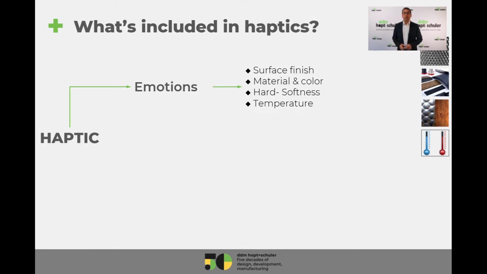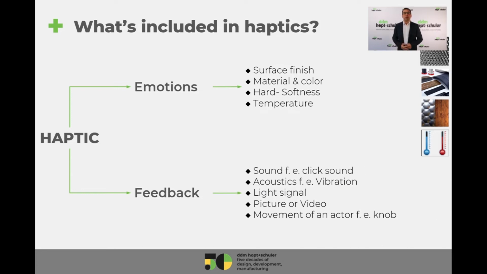The second important point is the feedback. The feedback represents more or less the hard facts, and it's typically tightly connected to the technical part of an HMI system itself. So let's start with the sound of a switching or operating action. With the sound, we understand the sound which will be generated when, for example, an encoder will be turned from one position to another. This sound can be very natural or well balanced, or on the other side, too loud,